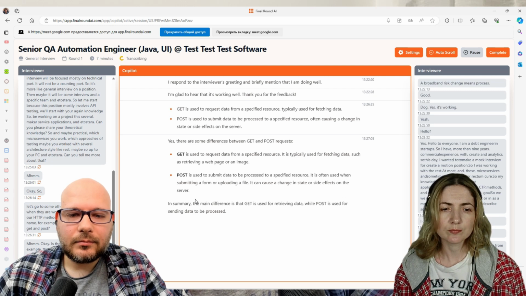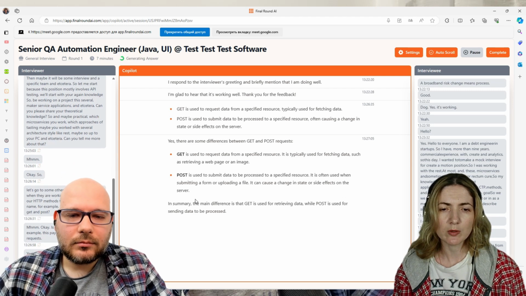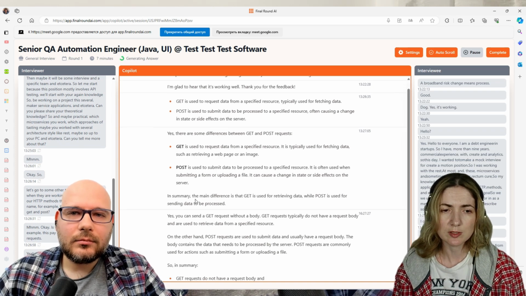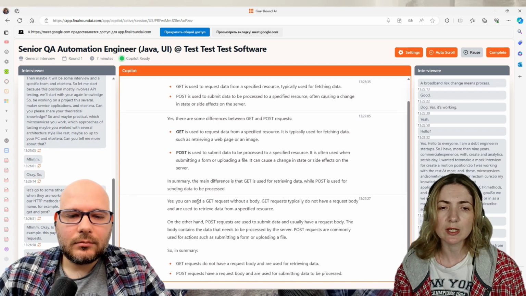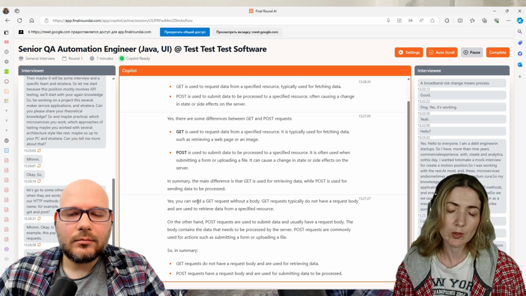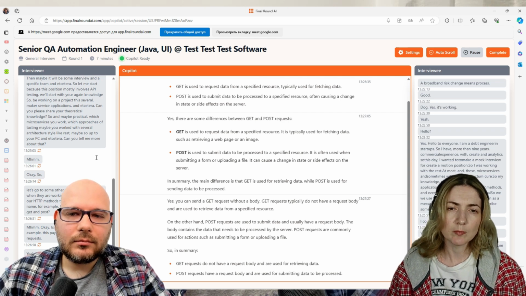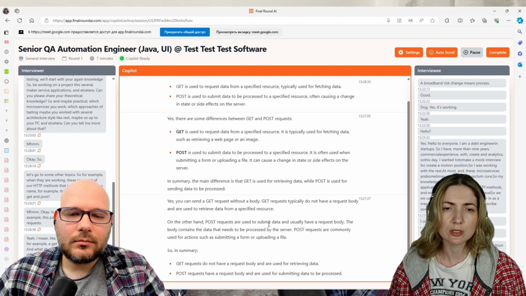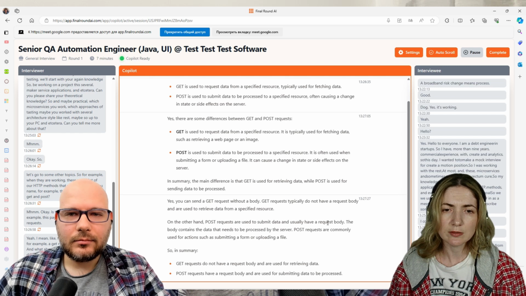So I can make a GET request without a body. It's from the specification, but we can make a GET request with a body, and it will not be an error. But a POST request is used to make it with a body, yes.